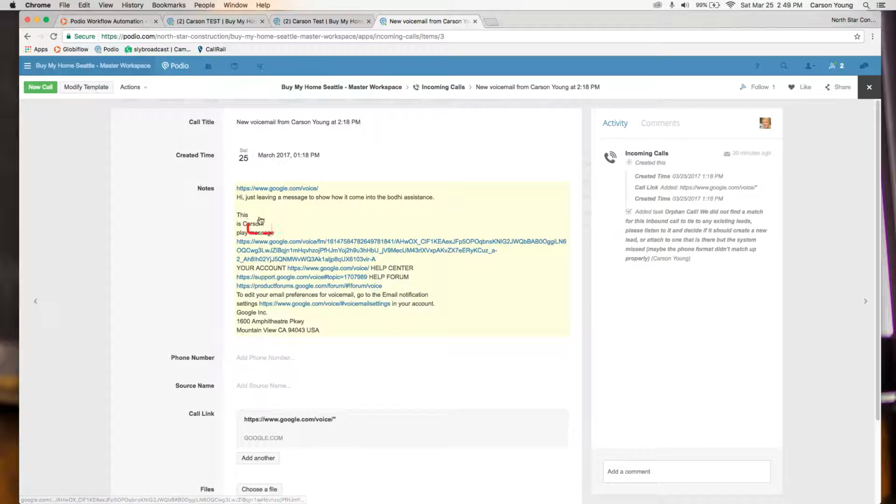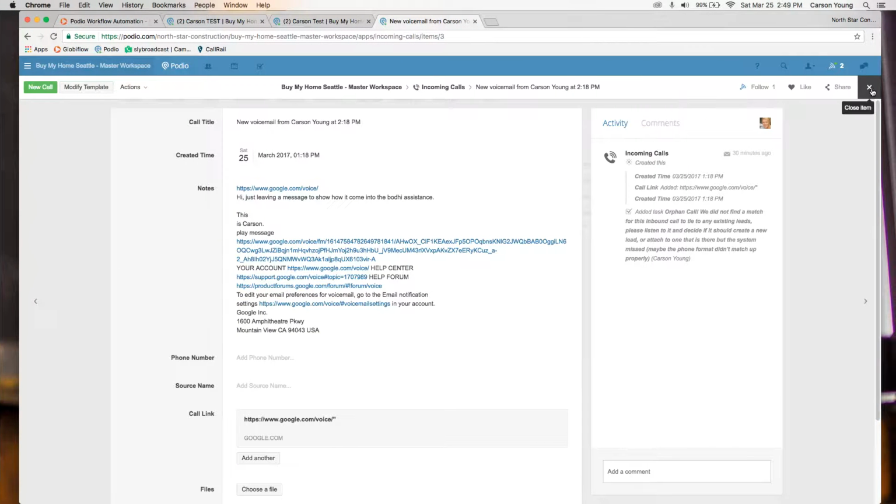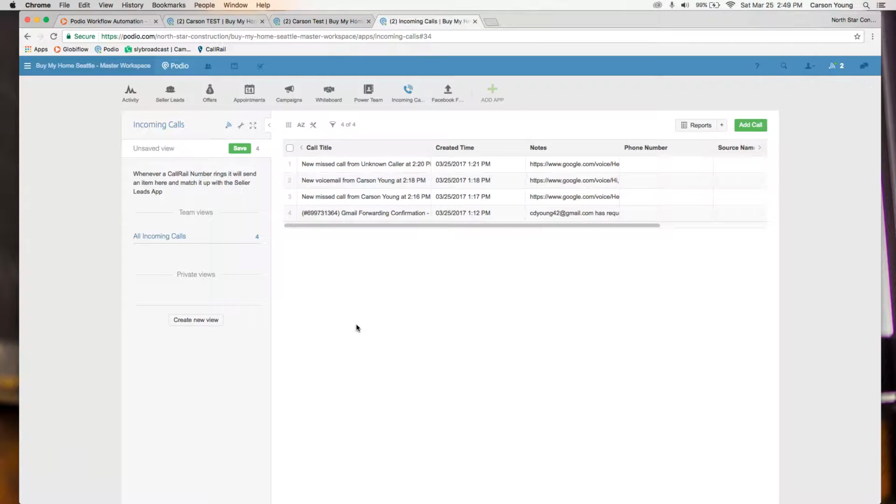Unfortunately, on this new voicemail one, the system thinks it recognized that number, so it didn't put quite as much information. I can play the message through this link, which is great, but it doesn't provide quite as good of detail here. Okay. And I'm going to show you why I like the CallRail version better real quick, because every time